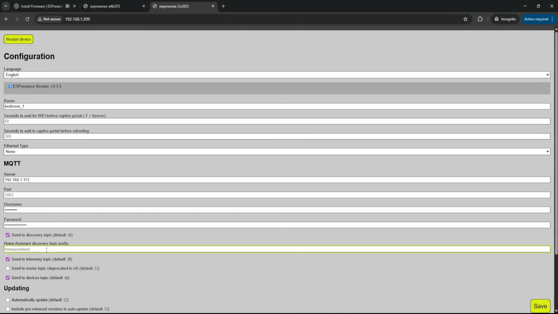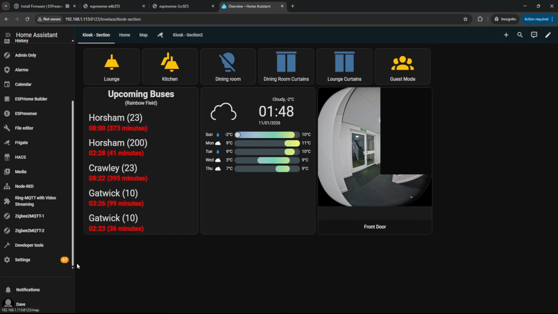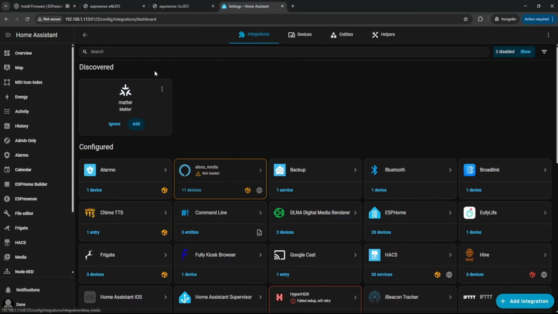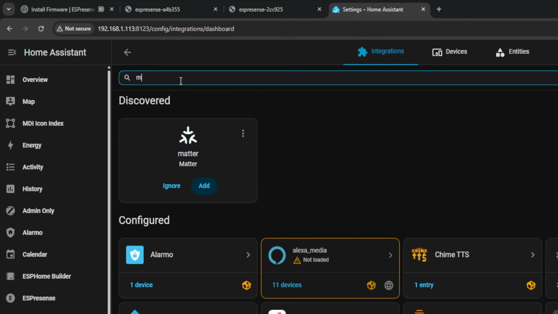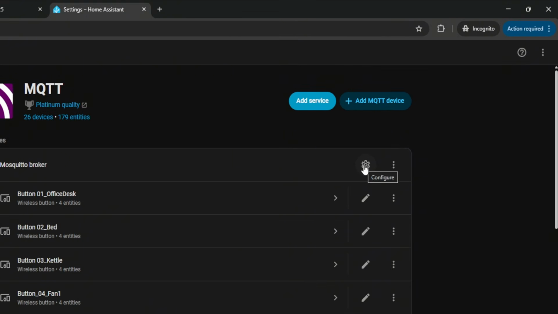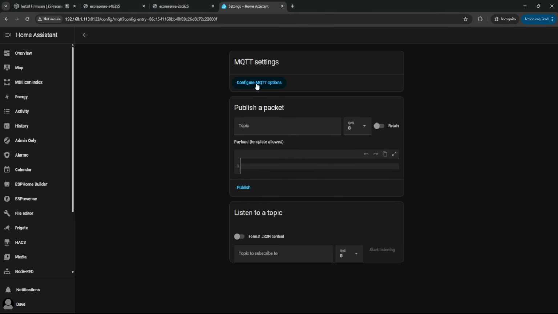Now this part here where it's got Home Assistant Discovery Topic prefix, just leave that as it is. What it means is that if you've got Auto Discover enabled under MQTT, the device will automatically be added. It's almost certainly going to be that setting. I'm just going to head over to Home Assistant and show you where that is. So if you go to Settings, go to Devices and Services, and if you just search for MQTT, then go to this configuration button here, and if you select MQTT options,